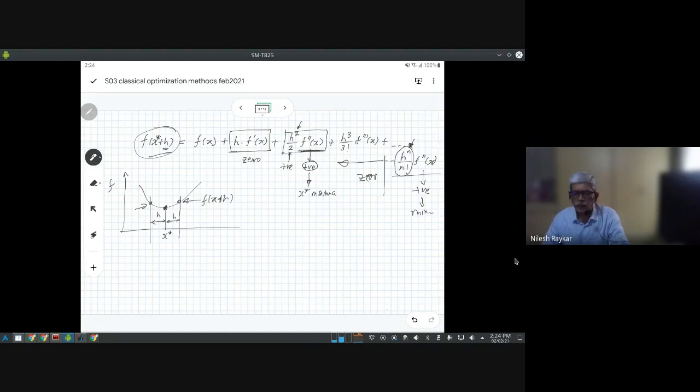We'll apply the same logic for functions of higher order. Here we are discussing the first order functions, which are very easy to visualize, and we can understand how the rule we just gave, that is the necessary and sufficiency condition for optimization, works by taking this Taylor series expansion.